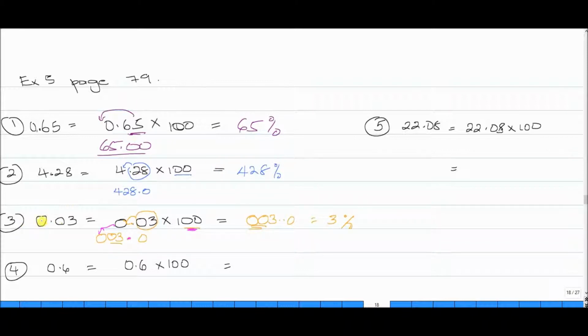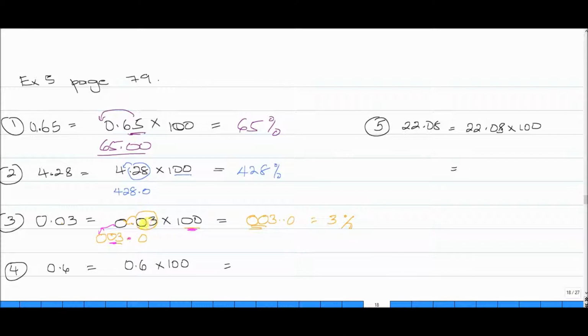So number 3, we have 0.03, and we're going to change that to a percentage. It says that we're going to multiply it by 100, which we have outlined here, and based on the 100, we're moving 2 digits immediately left of the decimal point. We had a 0 here already, so we'll keep it in its position, so it will be the first digit written, and then we will have our 03 that was placed immediately left of the decimal point. So they are in this position here. We maintain our decimal point,